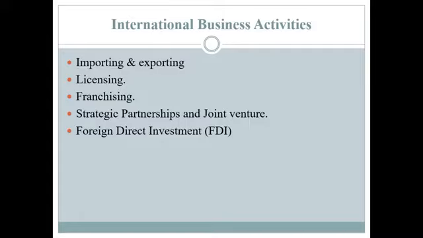Now what are we expected to do in import export? Why is it an international business activity? It is the simplest, the easiest way through which you can enter another country's boundary. What you can do is send excess goods outside the country's boundary and sell those goods in other countries. Through this activity itself, you can earn a good amount of profit.